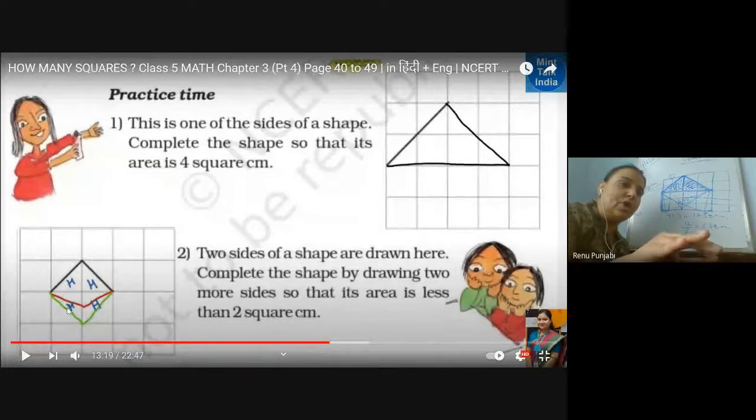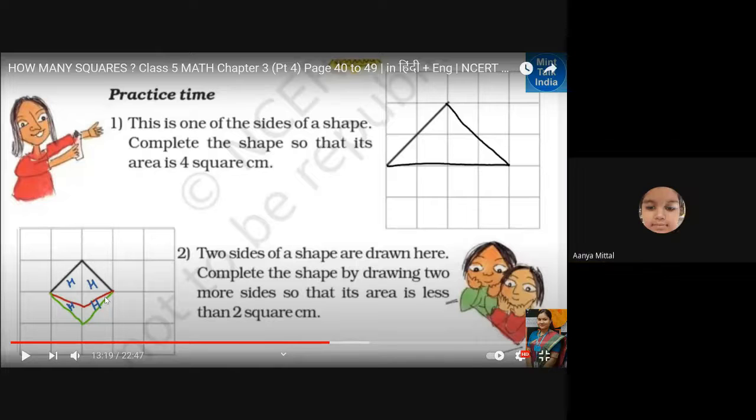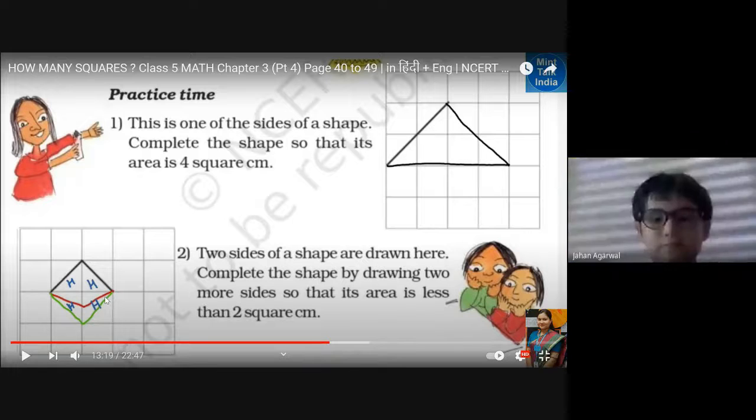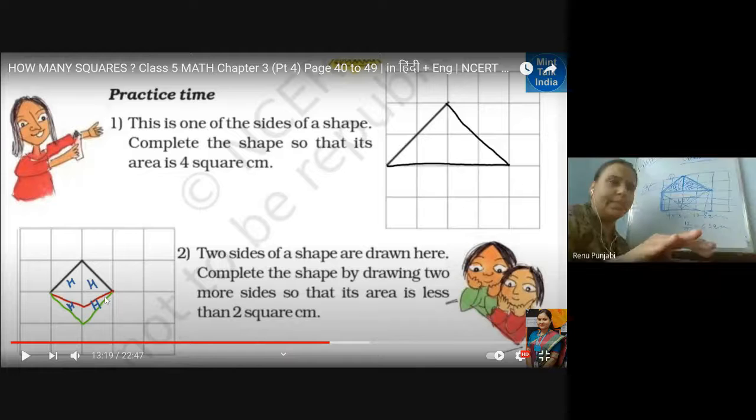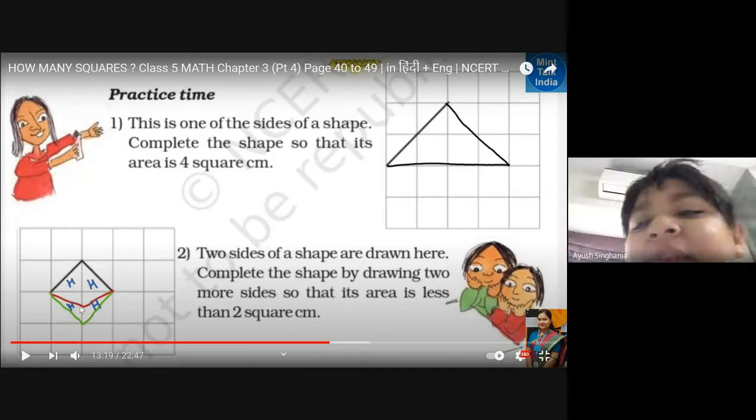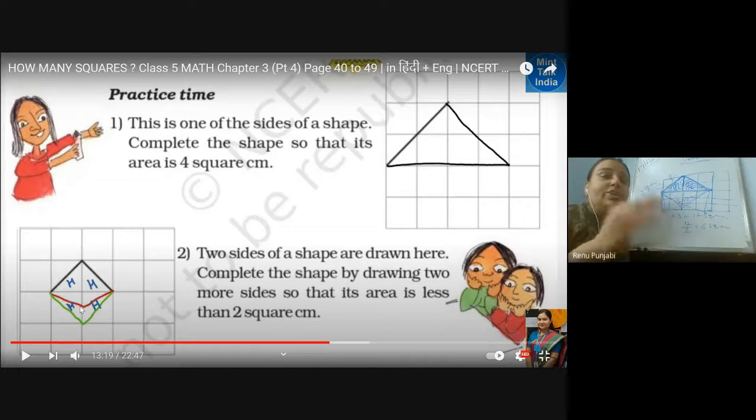See, if you draw it like this, like the green one, then it will be 2 square centimeter because half plus 1 and half, 1. Yes or no? Give me answer, yes or no. Yes, ma'am, it will be 2 square centimeter by means of a diamond, but you need to make it a little smaller. 2 by 2 is 4, half is 2. But what is given, you need to draw less than 2 squares.